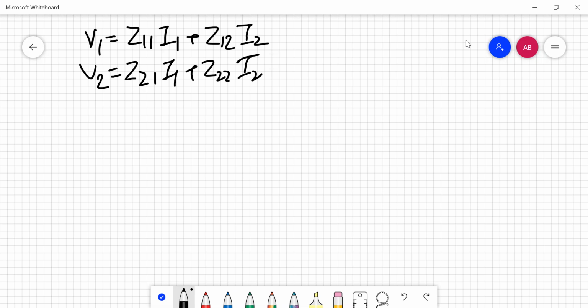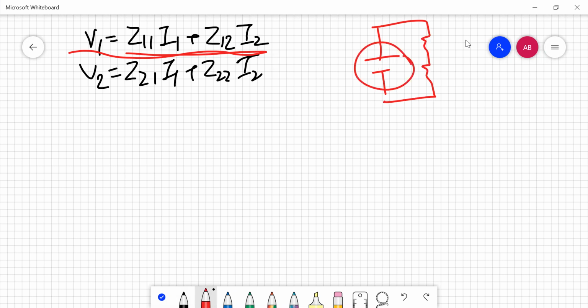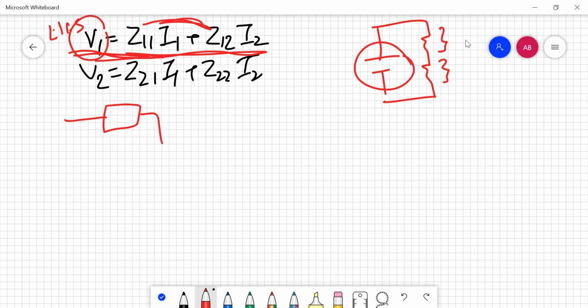You all know that voltage always divides in series. If I have applied a voltage over here and there are two resistances, then this total voltage will divide between these two. Similarly, if we have V1 at the LHS side that is dependent on these two terms, that means it is a series circuit. So when you have to define a series circuit, you will define it in series connection.